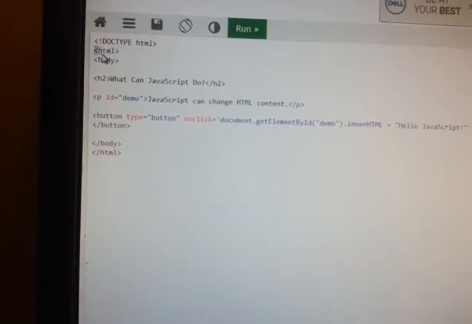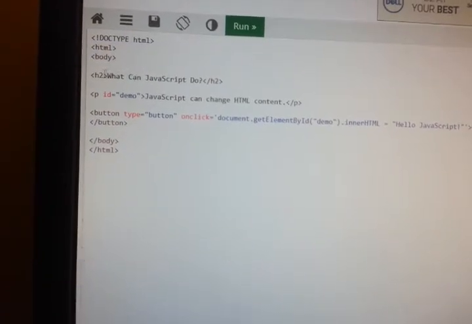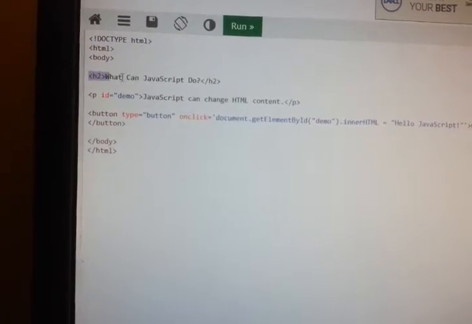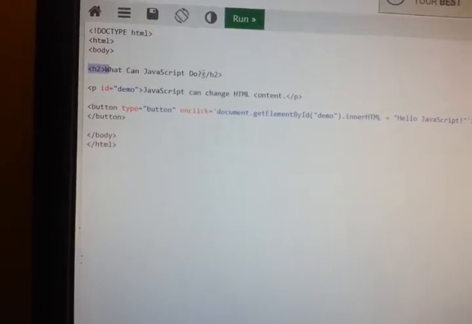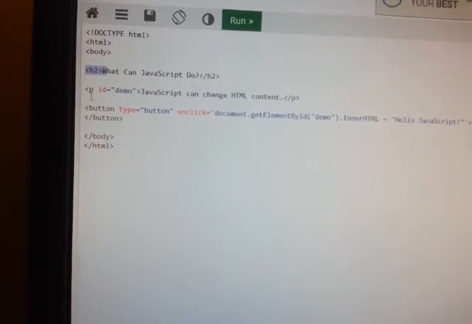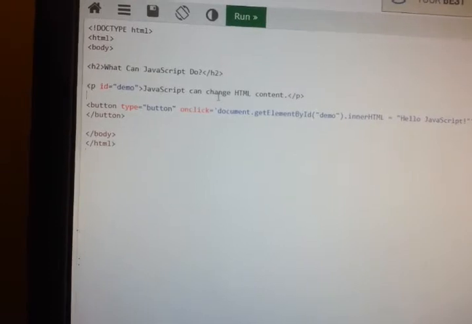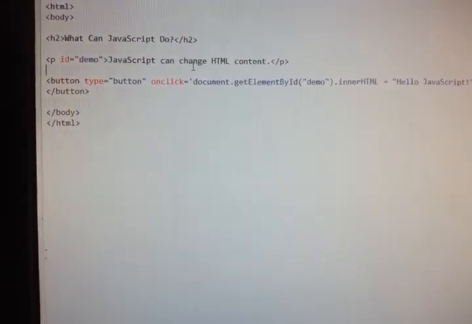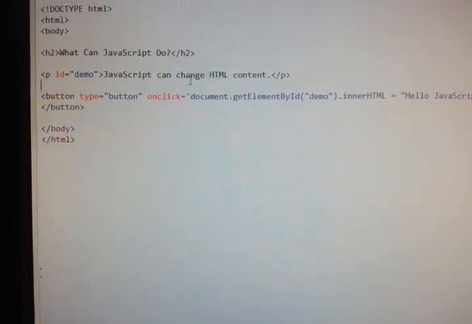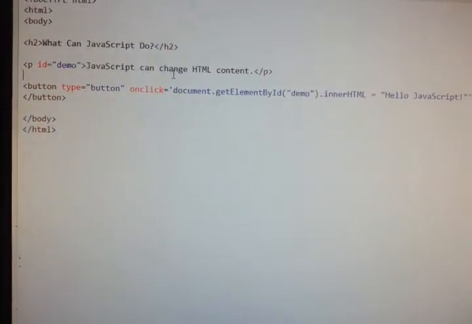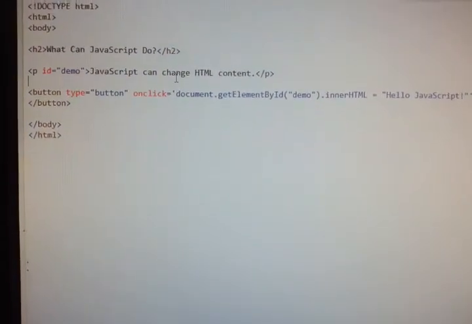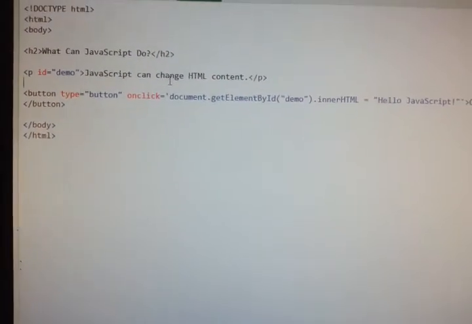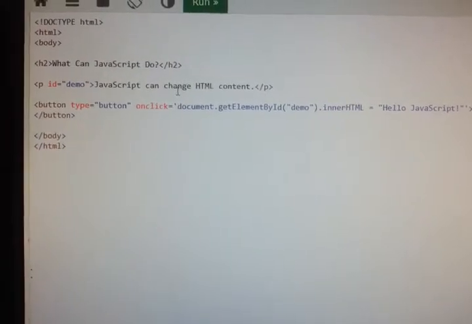When we try to execute this, where do we have to write it? First we write HTML, we write the body tag, then we use an h2 heading tag: What can JavaScript do? Then we use a paragraph tag with an ID, the ID is equal to demo: JavaScript can change HTML content. This is a message, and we have closed the paragraph tag.